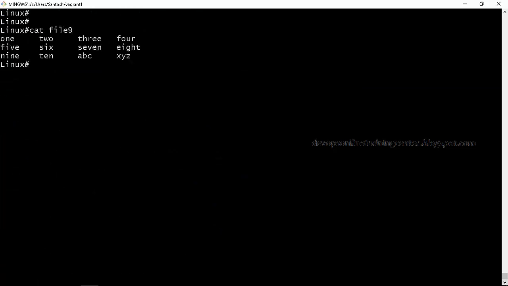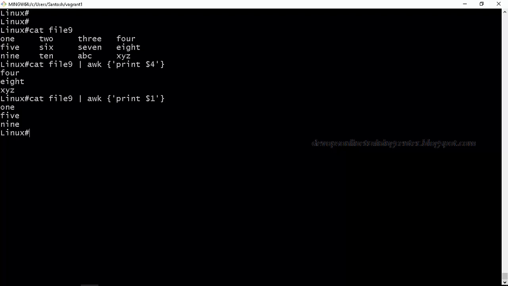So this is the output, right? From here, let us say I want to extract the first column or first row. So how do we do that? We have to use AWK, and then the syntax. So the fourth column is printed now, which is this. It has printed the fourth column from the output. If I say print $1, it will print the first column.